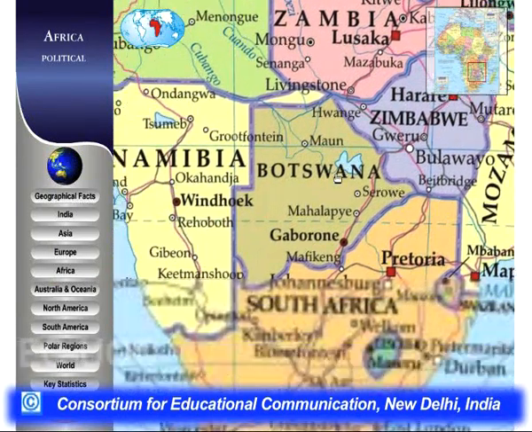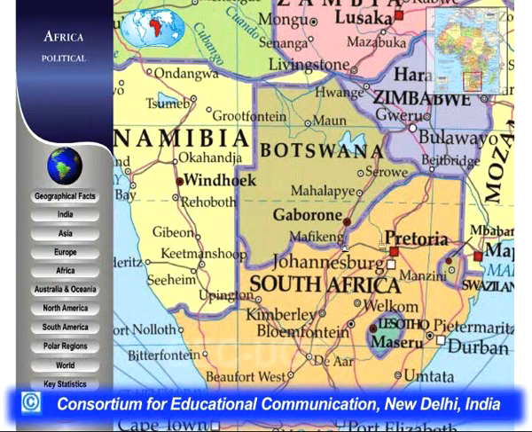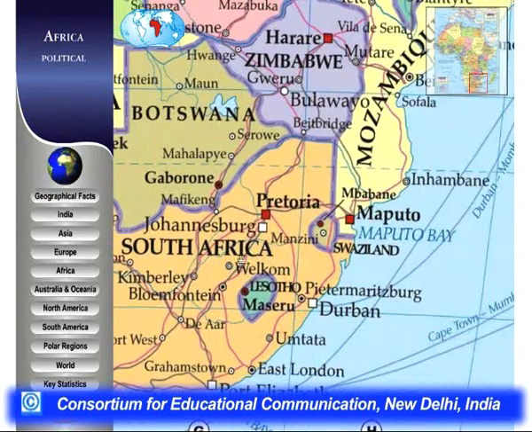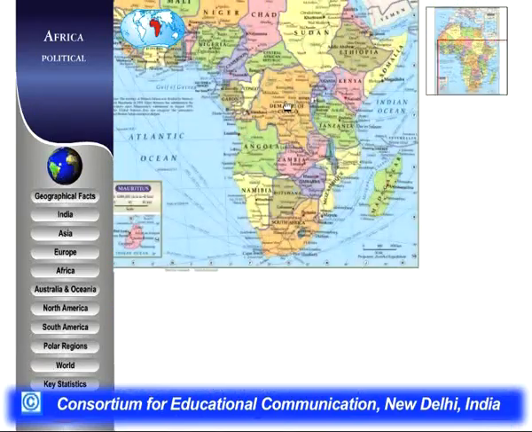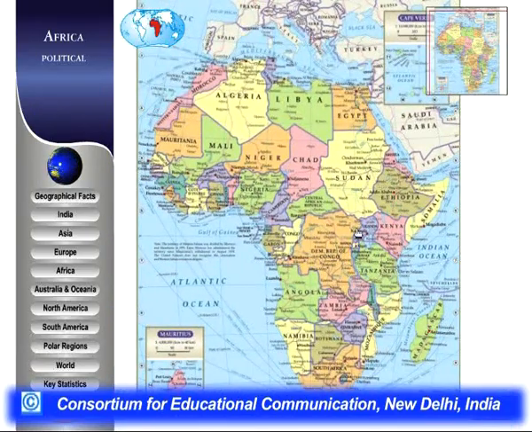Then Botswana, and then finally Swaziland and Lesotho. So these are the landlocked countries of the Africa continent. So this way we have covered the names of the countries,